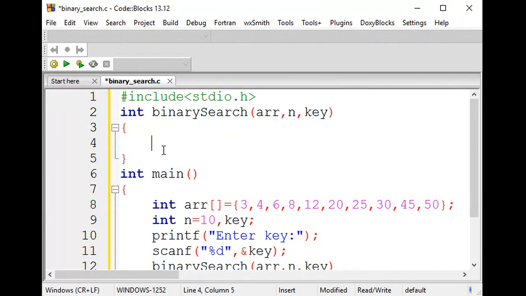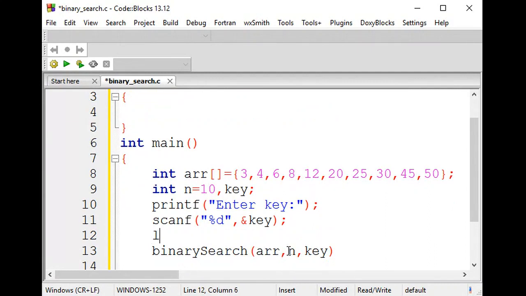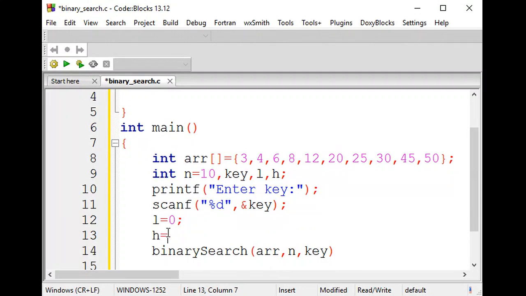We'll be having two pointers. One is high pointer and other is low pointer. We'll be having these two pointers, right? So here I'll do one thing. Let me declare two variables. One is low and other is high. So let us declare your low pointer is initially 0th position and your high pointer is initially n minus 1, size minus 1. Your index starts with 0 to n minus 1. So continuously you're going to divide it in half, right? So let me consider your high and low initial value here.